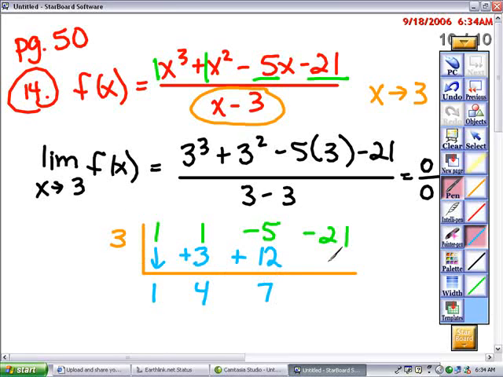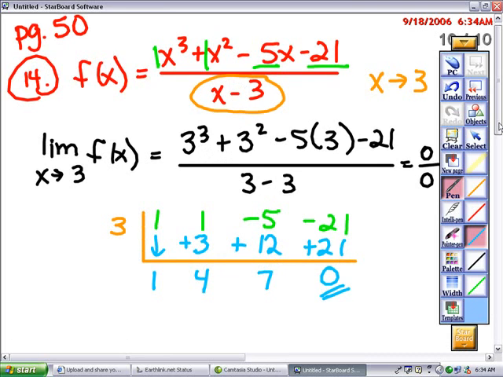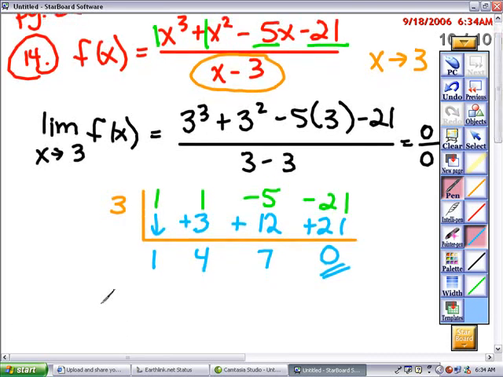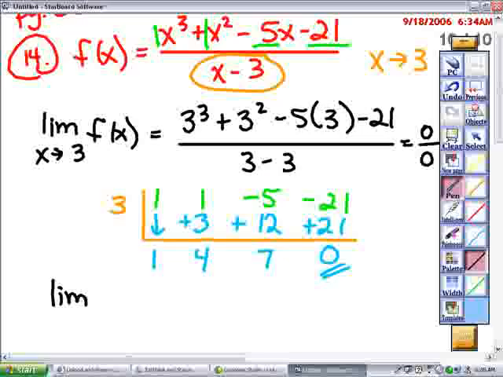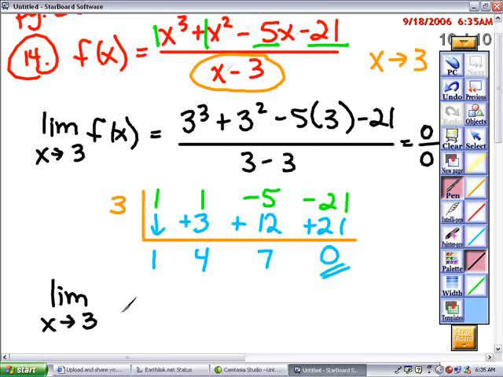Multiply the 7 by the 3, write it in the next column, and add those together. And if this actually has a remainder of 0, then it tells me how the original equation factored. So now this equation here factors